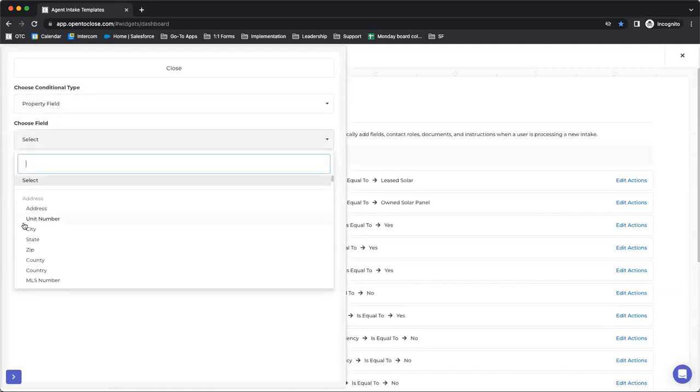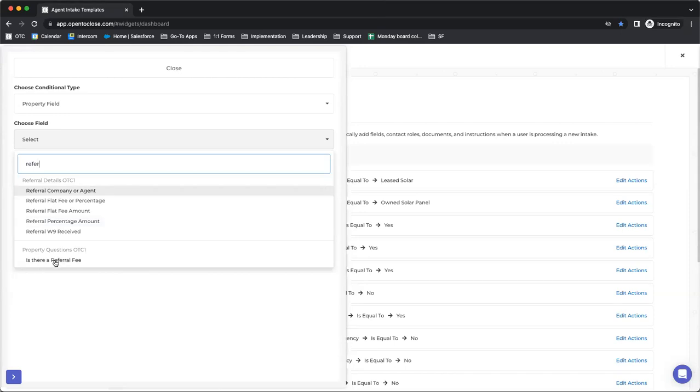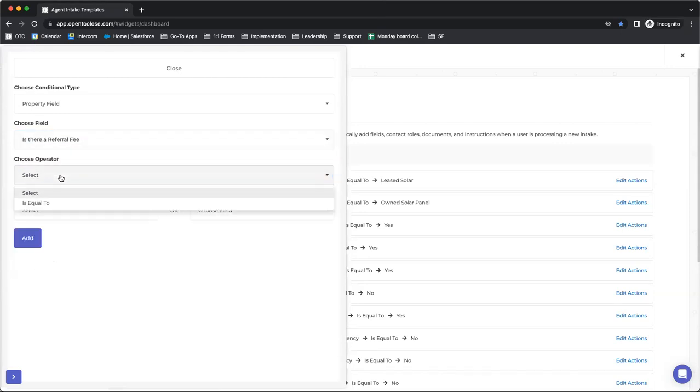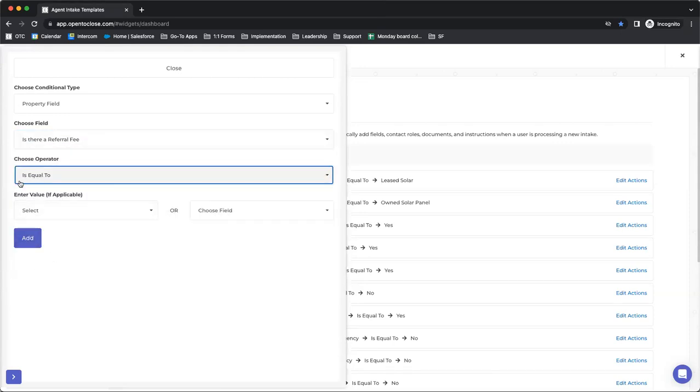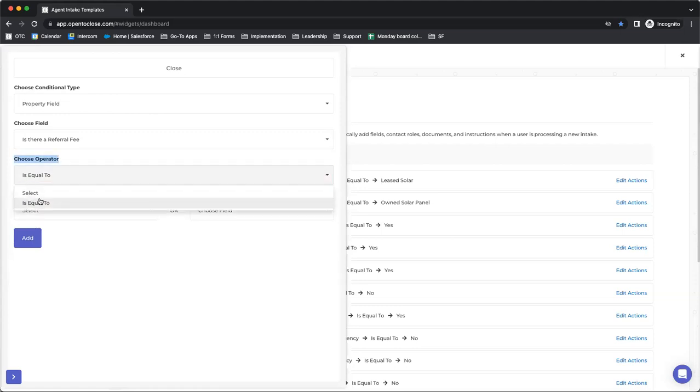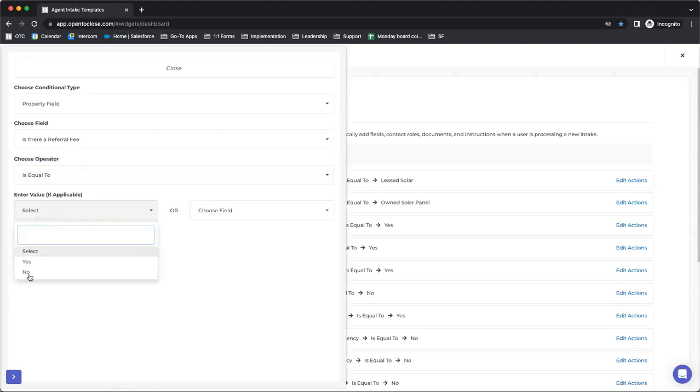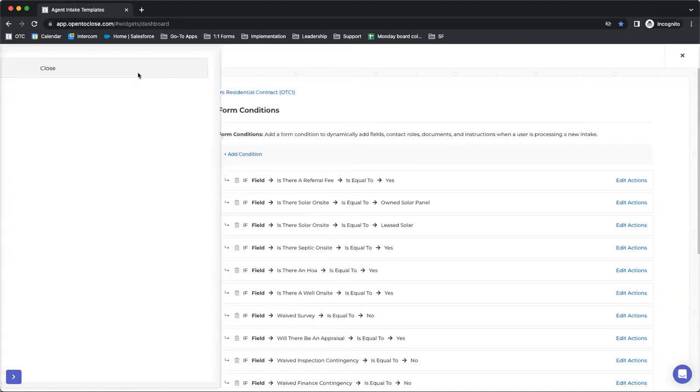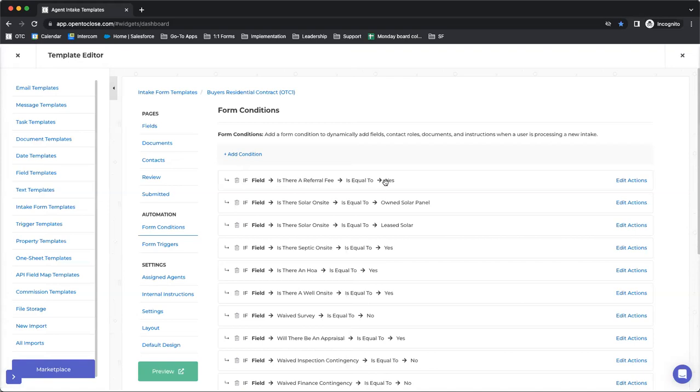So in this case, I would just look for that referral question. Is there a referral fee? I will say is equal to. Now, one thing to keep in mind with form conditions, it only has is equal to as an option, so we're always dealing with the positive here. From there, I would say yes, if there is a referral fee, I want to have additional fields brought in. Once that line item is added in, I can see all of those condition requirements I created,